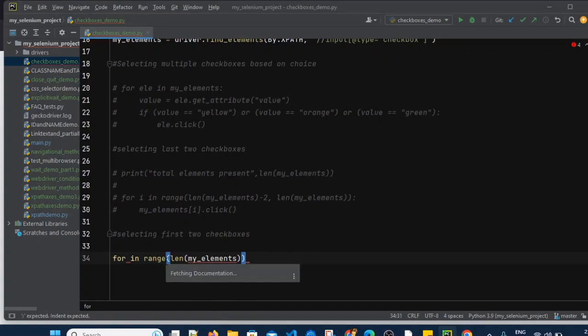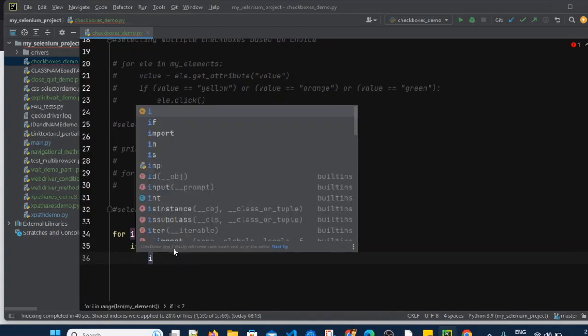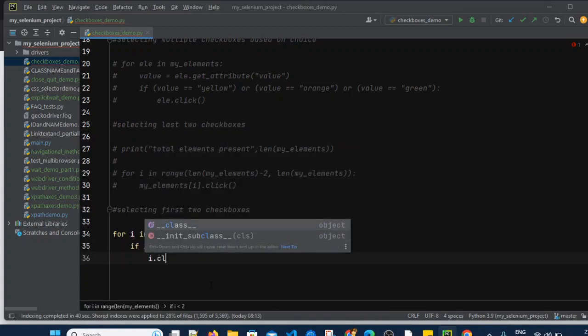So for i in range, and then we will put one condition: if i is less than 2. That means i is 0 and i is 1. Only for the first couple of checkboxes will this condition be true. Then we can simply click with i dot click.